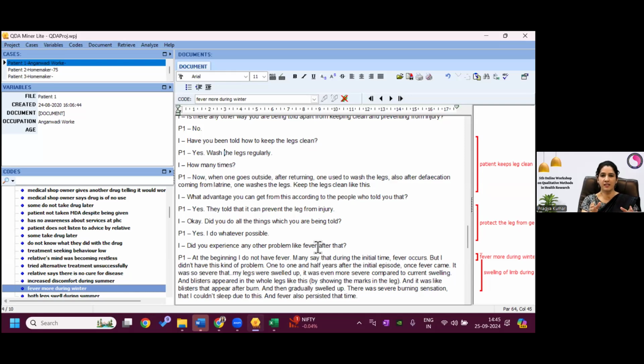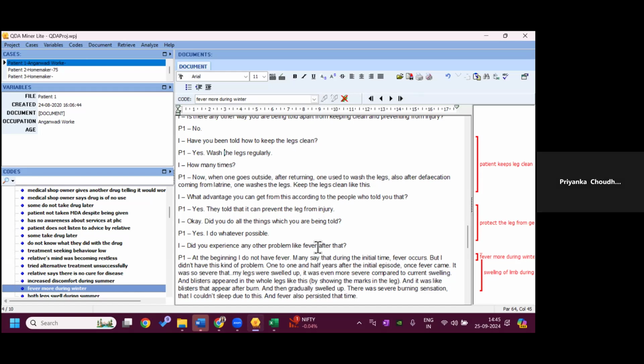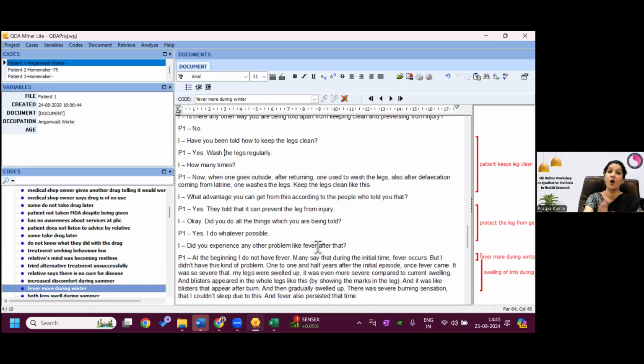So please wait, because we are going stepwise. Initially, I have only told you to do the work of creating the open code and subsuming the minor code into the broader code. Those things I am just going to show you. But are you clear up till this point? Yes, ma'am. Okay, then I'll tell you. There is a lot to learn still.